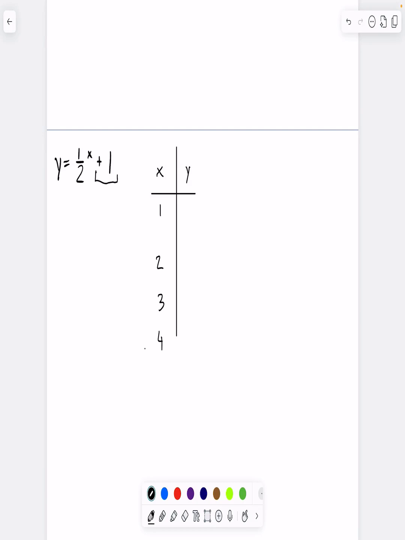If we have 1/2 to the power of 1, that is in fact 1/2 plus 1 is 3/2. The power of 2, that is in fact 1/4 plus 1 is 5/4. The power of 3 is 1/8 plus 1 is 9/8. And then to the power of 4 is 1/16 plus 1 is 17/16. If we were to graph this,